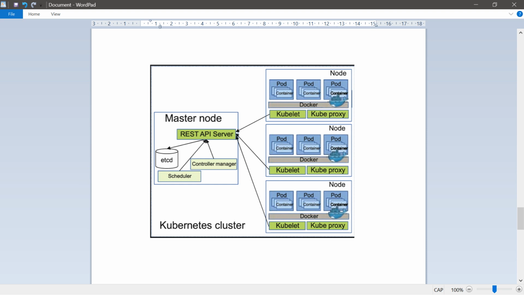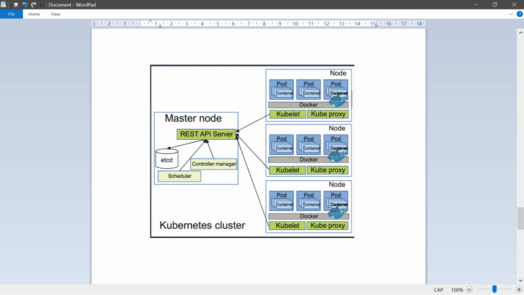A pod spec is a YAML or a JSON object that describes a pod. The kubelet takes a set of pod specs that are provided through various mechanisms, primarily through the API server, and ensures that the containers described in those pod specs are running and healthy. The kubelet does not manage containers which were not created by Kubernetes. Other than a pod spec from the API server, there are three ways that a container manifest can be provided to the kubelet.